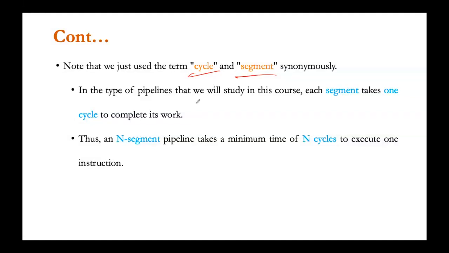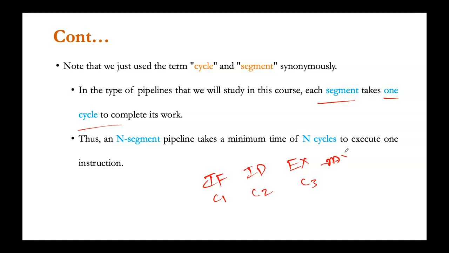In the type of pipelining that we'll study in this upcoming section, each segment takes 1 cycle. So your instruction fetching segment takes 1 cycle, instruction decoding takes another cycle, instruction execution takes another cycle, and so on, up to your memory and your write back, which also take different cycles. Thus the n-segment pipeline takes a minimum time of n cycles to execute